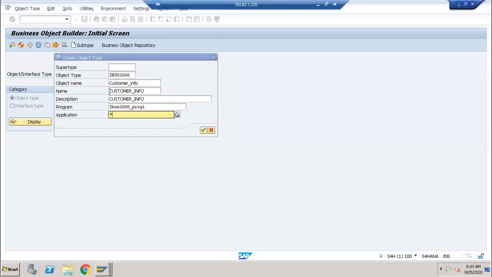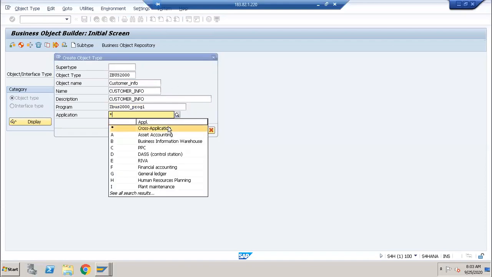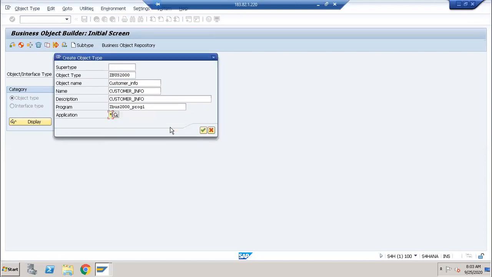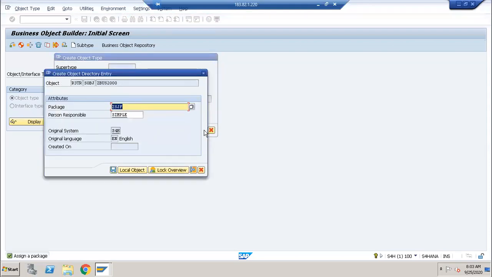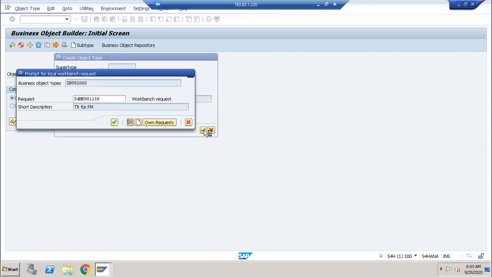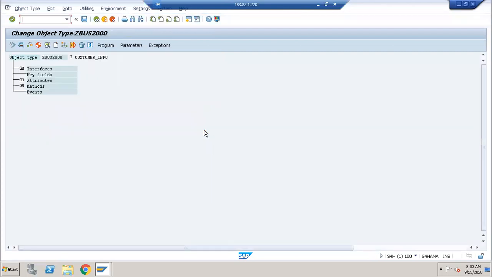Here I will take star or cross applications. Fine. Click on OK button. I have given some name and descriptions there, and now it is coming like this.